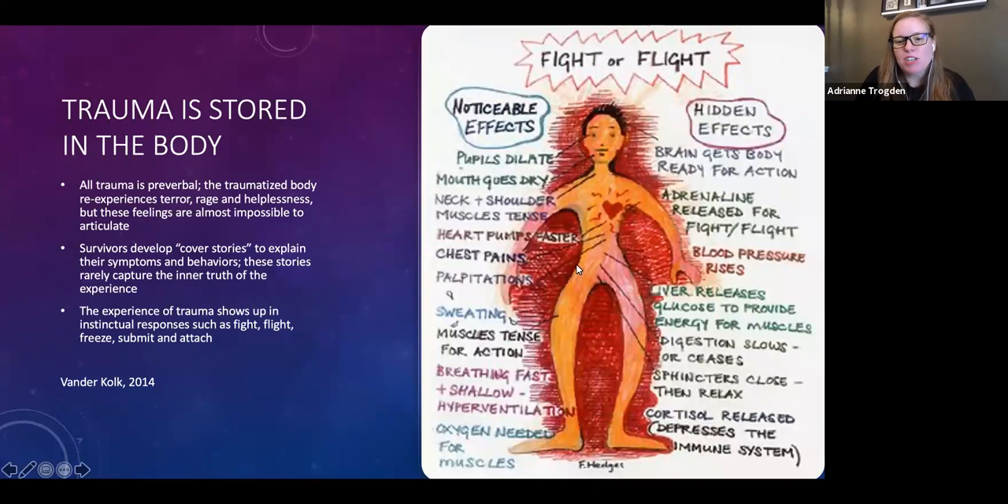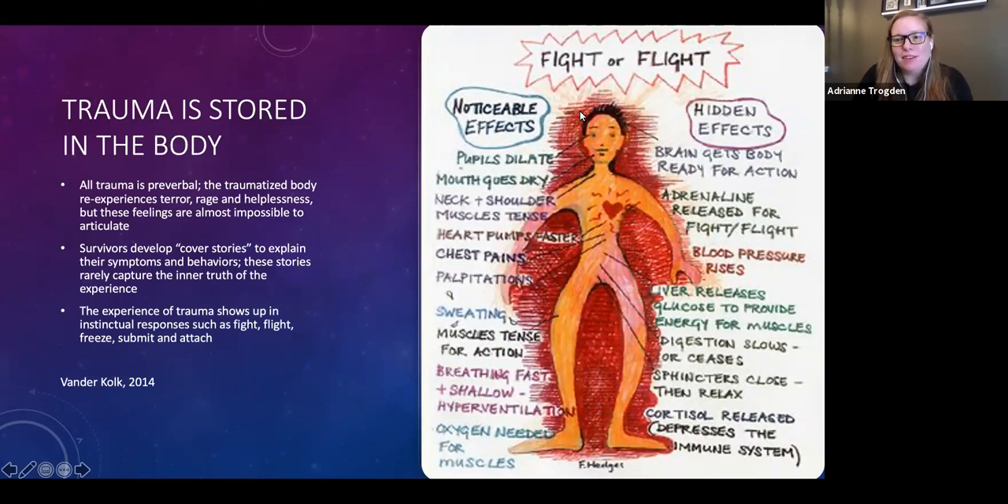And this picture, I love this little drawing on the right, shows all the different things that could show up in the body. Some are noticeable and some are more hidden. Sometimes I show this to clients and give them the opportunity to look at all of these and say, hey, I experience sweating, or muscles get tense for action, I hyperventilate or have shallow breathing. And then all these hidden ones are really helpful to look at,